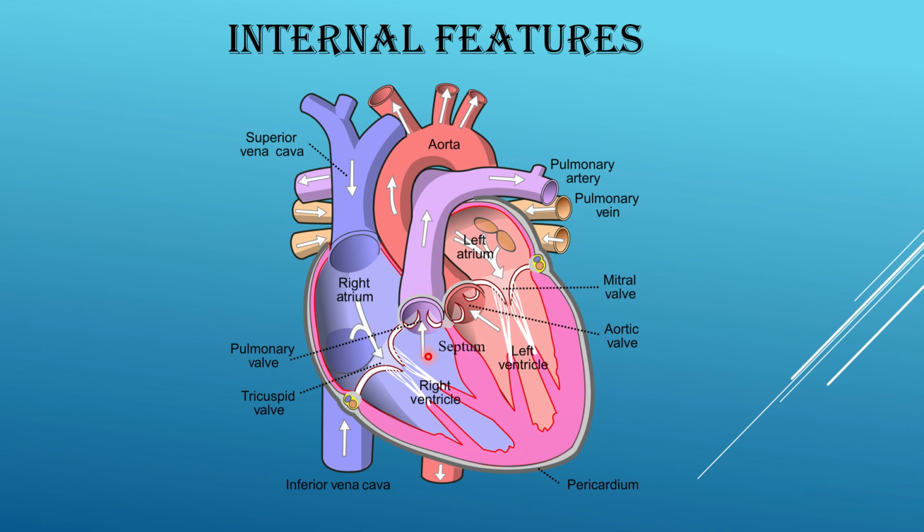So now we have learnt about the valves that regulate the flow of blood in the heart. That is your tricuspid and bicuspid valve and pulmonary semilunar valve and aortic semilunar valve. So this is all about the internal structure of the heart, and in the next class we will be learning about the rest of the musculature of the heart and the circulation of blood.